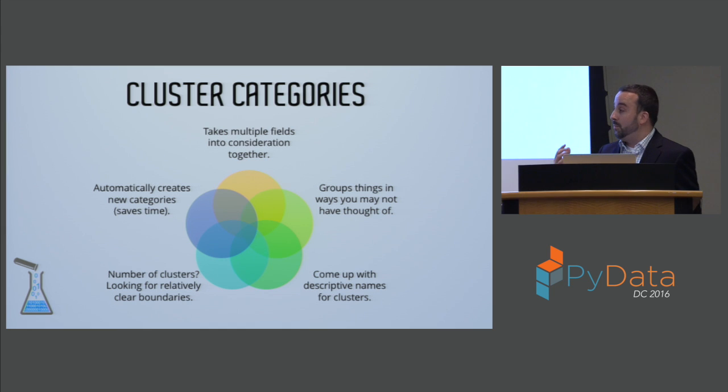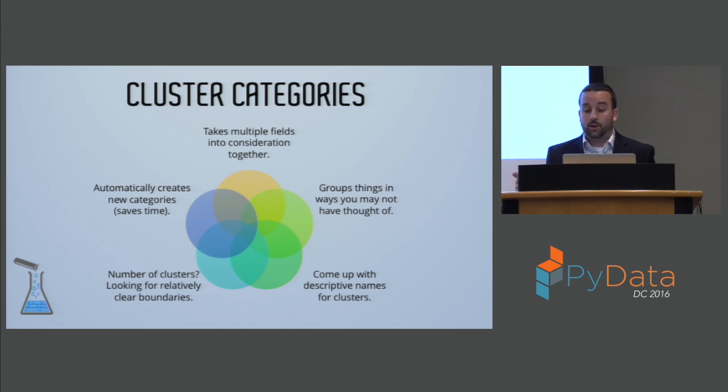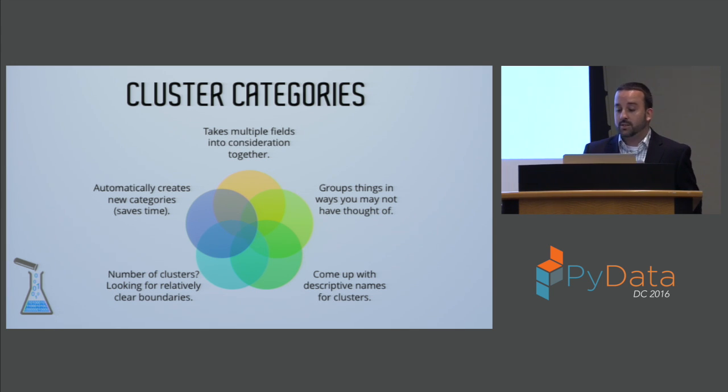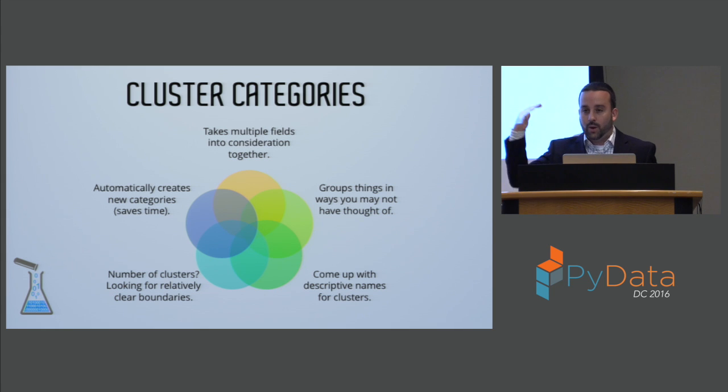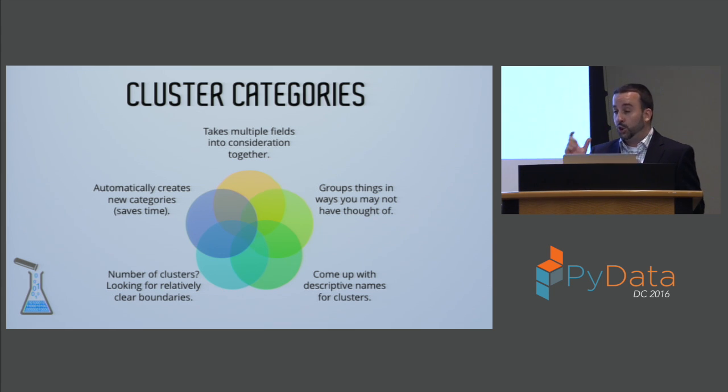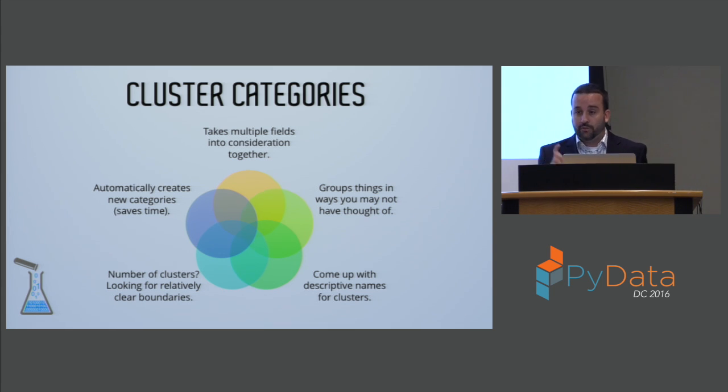And when you're clustering to create meaningful categories, it's key that you're able to distinguish one from the other, just like the entities that we discussed earlier. And so I usually start out with about 8 or 10 clusters and then work my way down until I find some clear boundaries between the clusters. You should be able to look at them and visually distinguish one from the others.